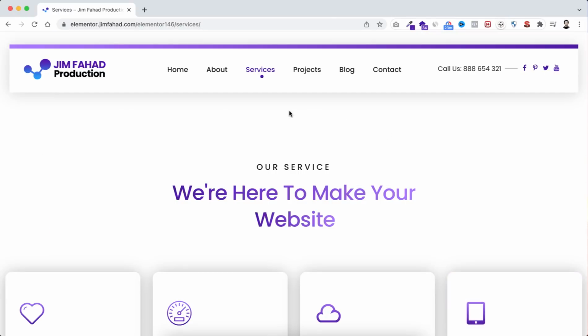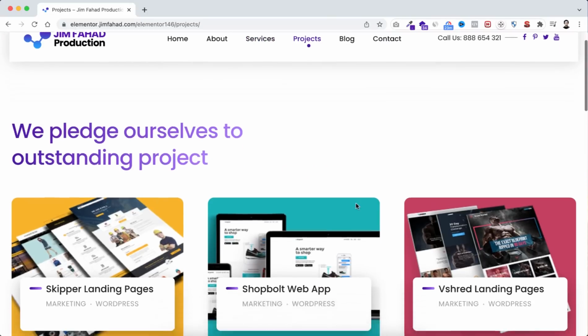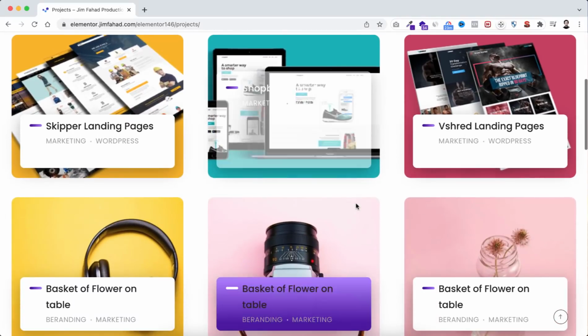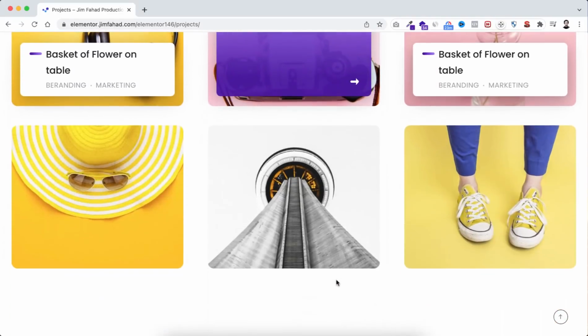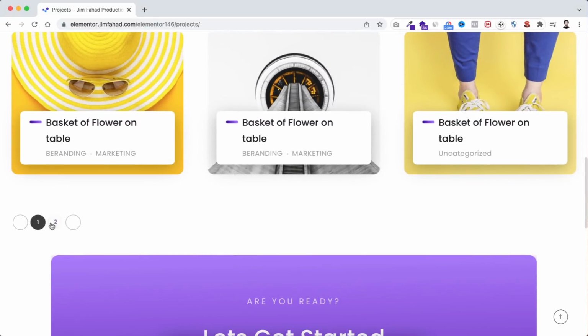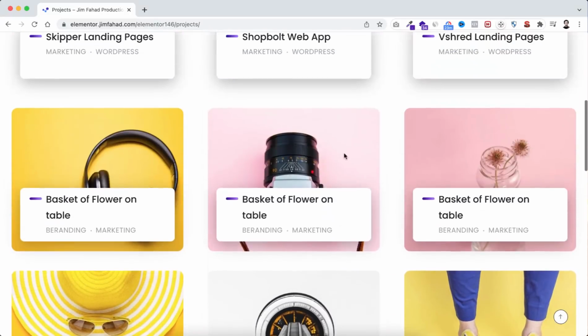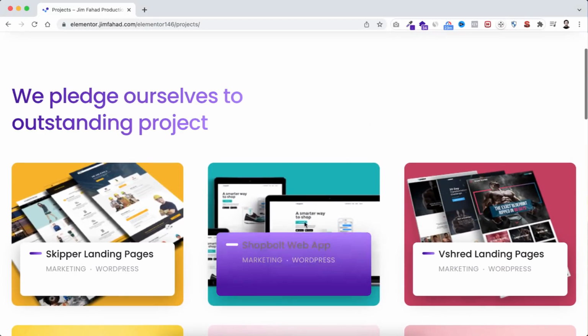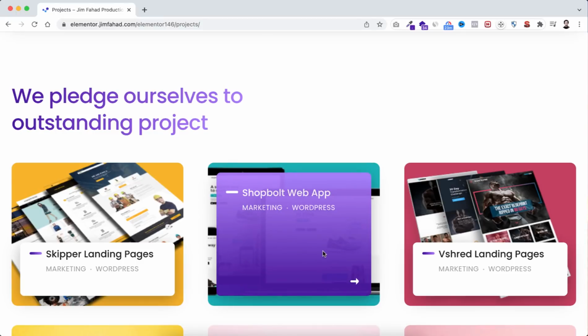Alright. Then I will show you how to create a beautiful projects page. Here you can showcase all your projects or portfolios. So from here, if we scroll down, we can see more projects. Also, you can navigate through these paginations. And now from this portfolio page, if we select any single portfolio, let's now click here on this single portfolio